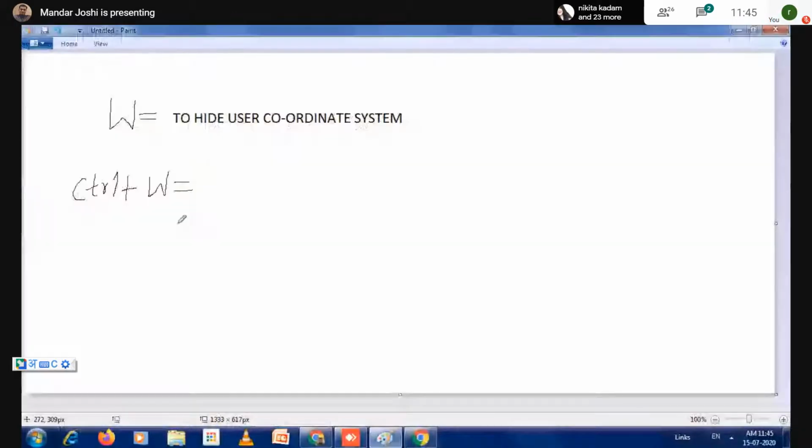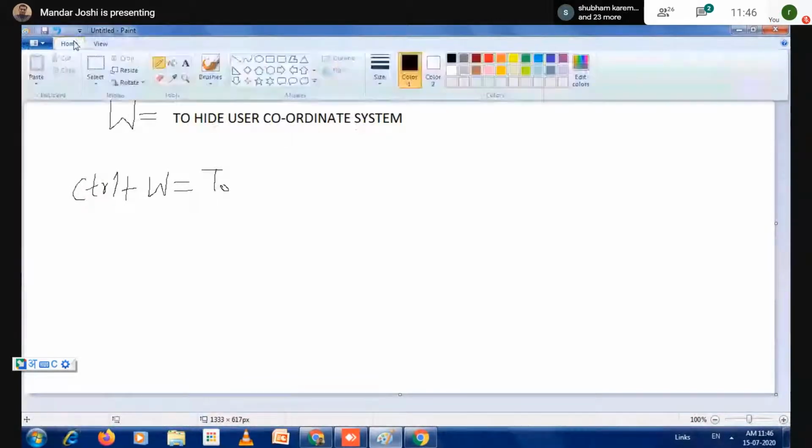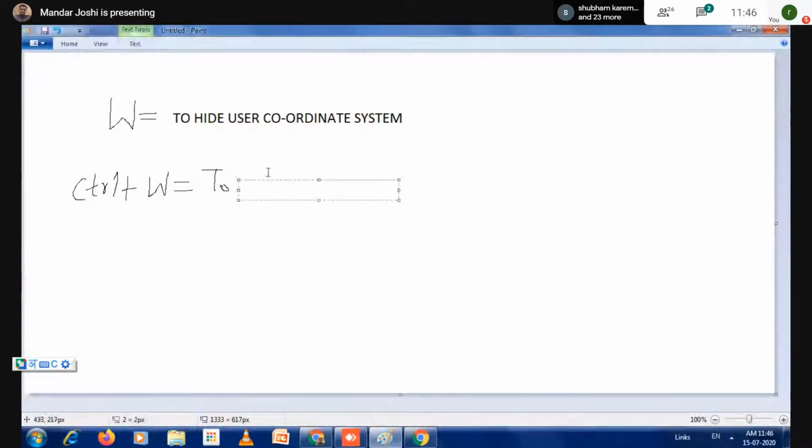To hide or show the entities. So take a note of this, very important: the Control plus W key.